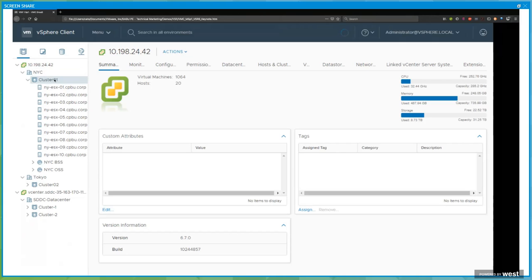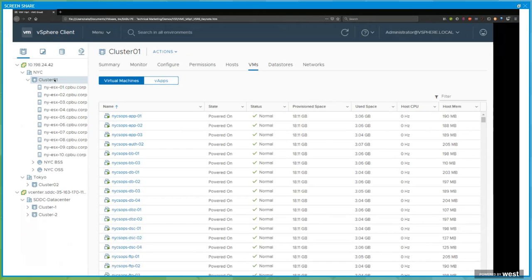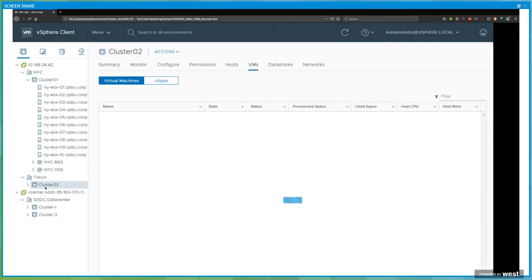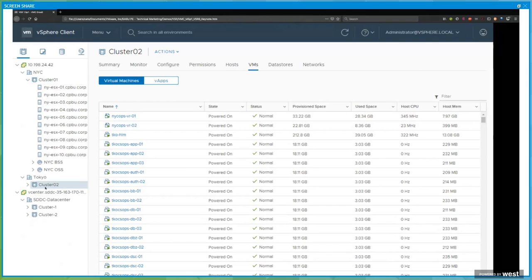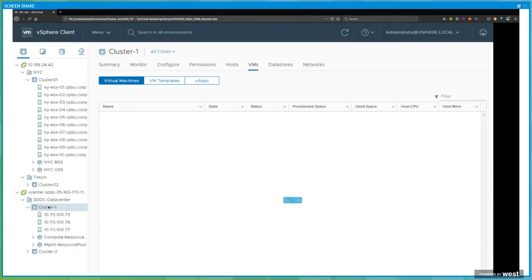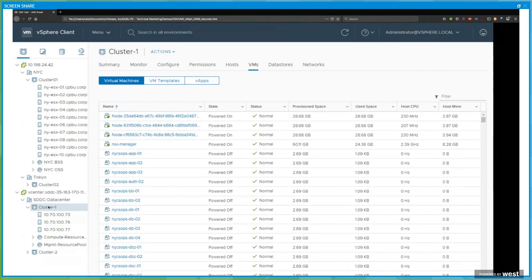So looking at our on-prem environment, it consists of about 10 hosts and around 500 VMs. And those 500 VMs are running in our New York data center. Cluster 2 in our Tokyo data center also consists of about 500 VMs. Cluster 1 within our VMware Cloud on AWS environment is the recovery site for New York. So this is the cluster where our New York VMs will be recovered, and we're currently protecting all 500 of